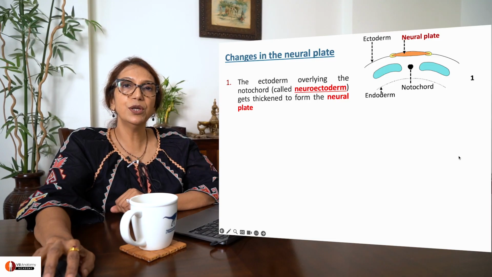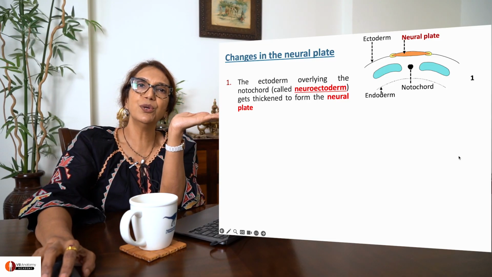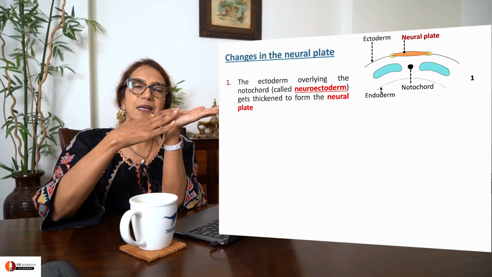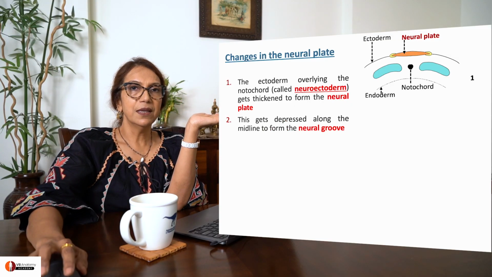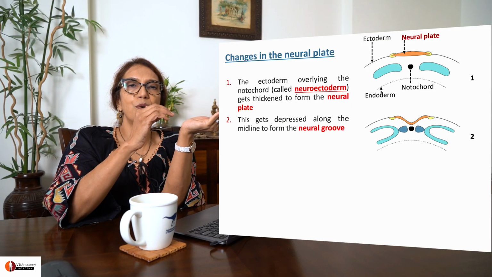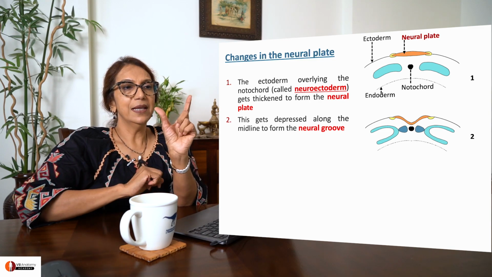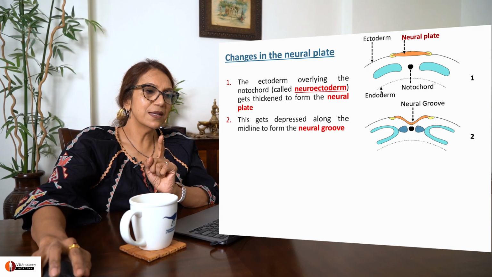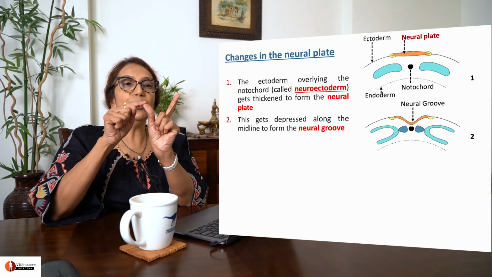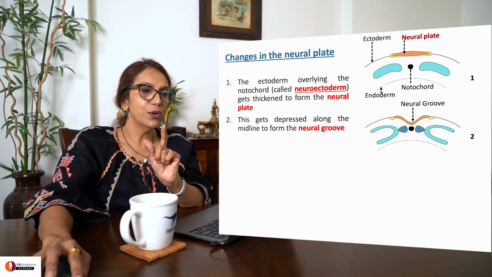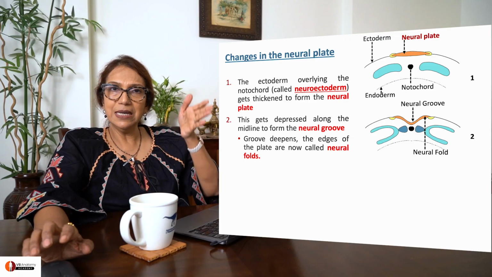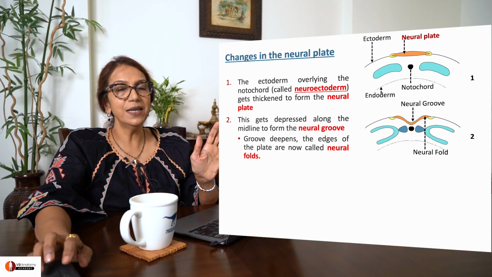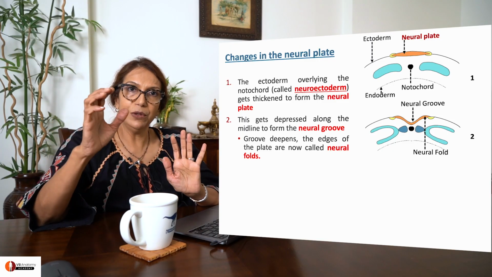Now, what happens to the neural plate? Can we say this is your neural plate? This hand is your neural plate. With time, what happens? The neural plate begins to form a little groove. Okay, this neural plate is now forming a groove called as the neural groove. And the two edges of this groove are called neural folds. The theory is appearing on the side, that is for you to read. Okay, I'm not going to read it. It's there for you in the form of notes.